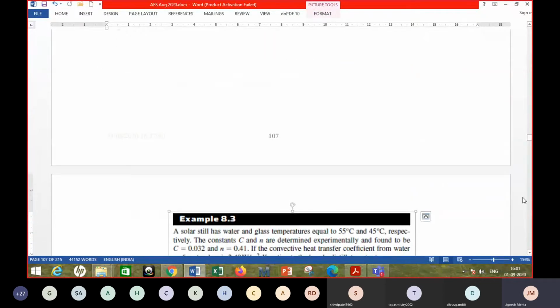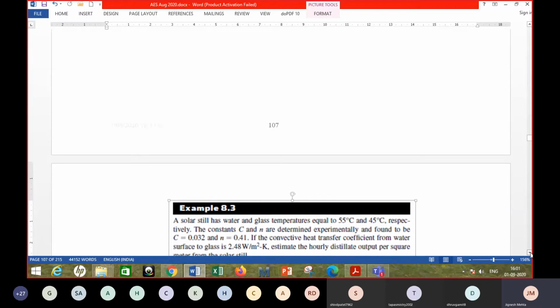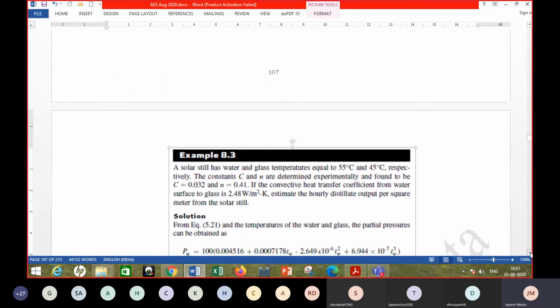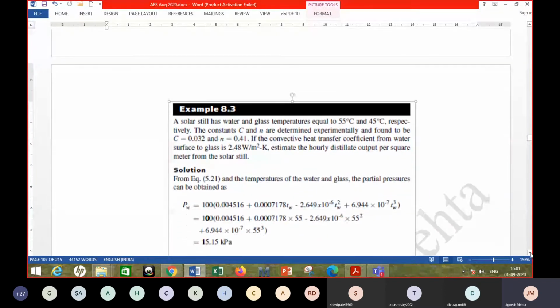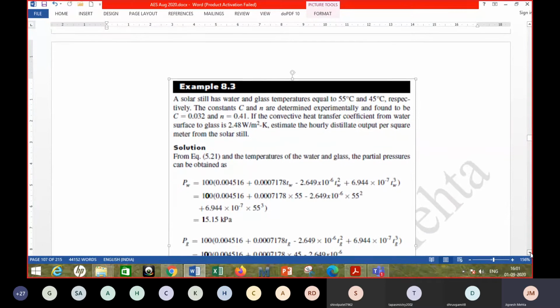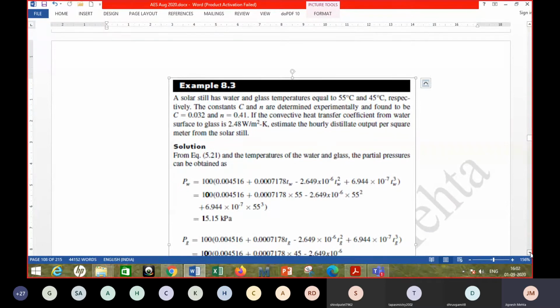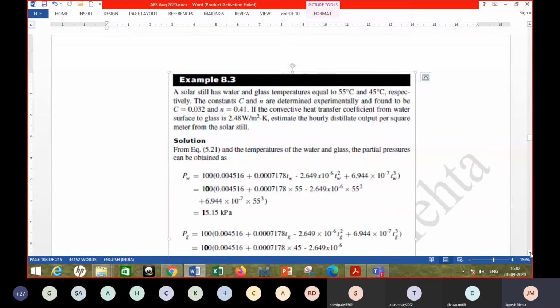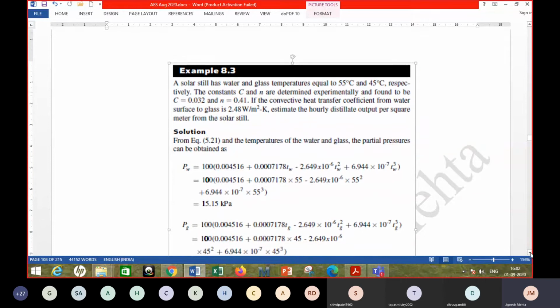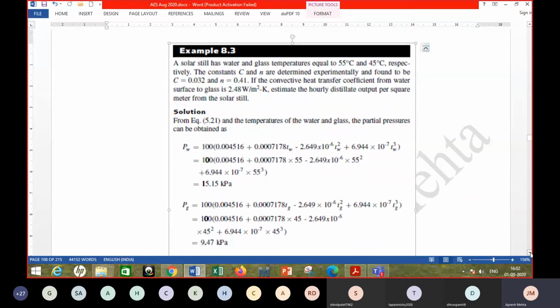Okay, so there is a small numerical which is given, which will give you some numbers, so it will help you to understand the things better, or in a way, like you may ask how much will be the output, water output. Of course it depends upon the size, so you may ask per meter square how much water shall I get, distilled water shall I get from 1 meter square area. So this example will give you some idea about that.